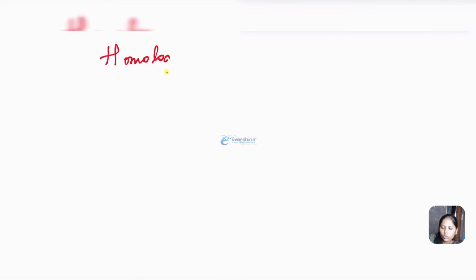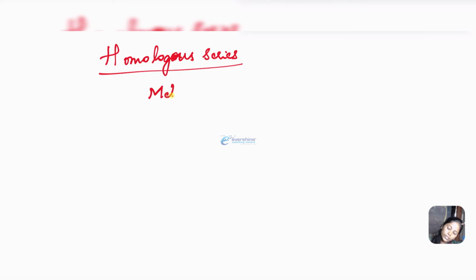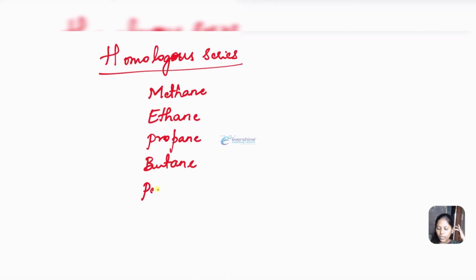Homologous series. Let us see what a homologous series is. First I'll take the examples. First member of alkane is methane. Next member of alkane is ethane. Third member is propane. Fourth member is butane. Fifth member is pentane. Sixth member of alkane is hexane. So like this, in this family of members,